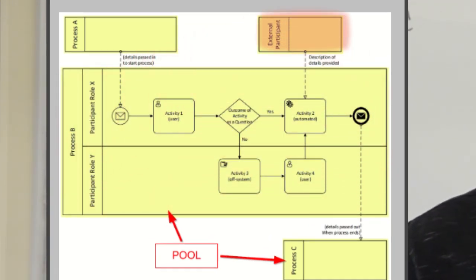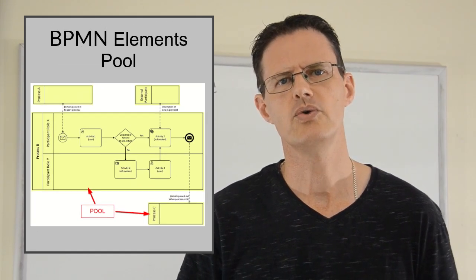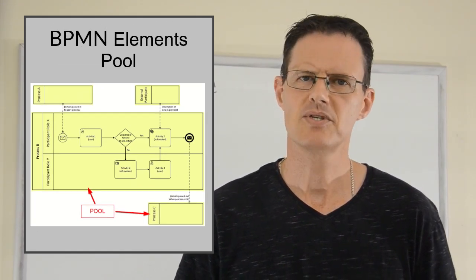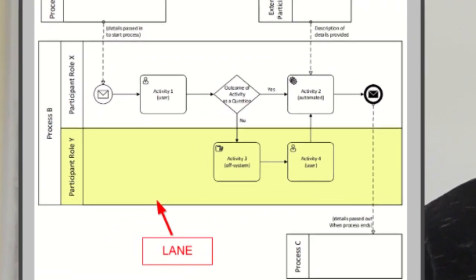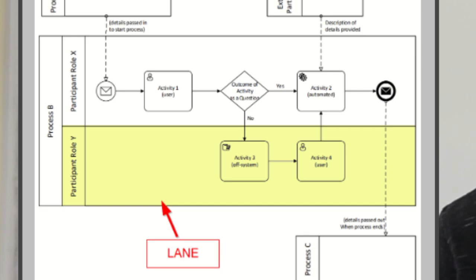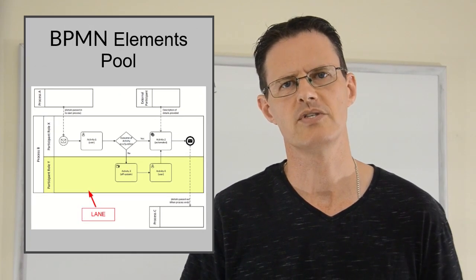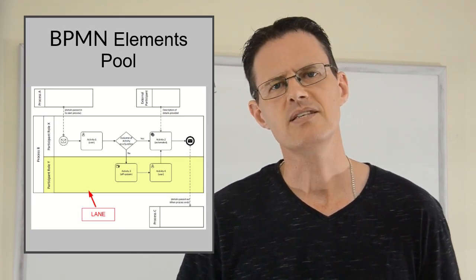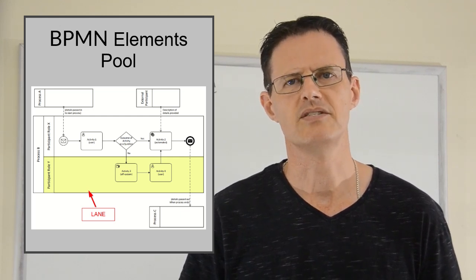If the pool is empty or black box, it signifies an external participant without detailing the internal workings. So a pool gives us a high-level view of who's involved in the collaboration and encapsulates their processes. Next we have lanes. A lane is a subsection within a process, usually representing a specific performer role or organisational unit. It's a way to organise and structure the activities within a process into manageable sections. This makes it easier to understand and manage who performs the activities defined